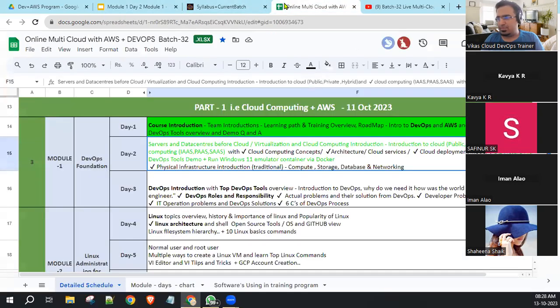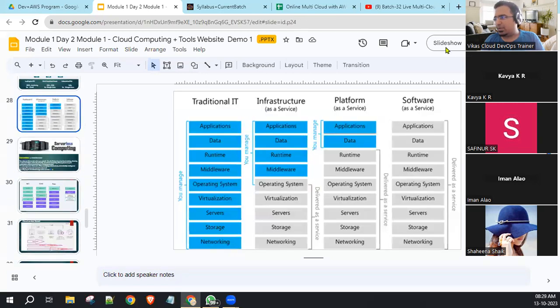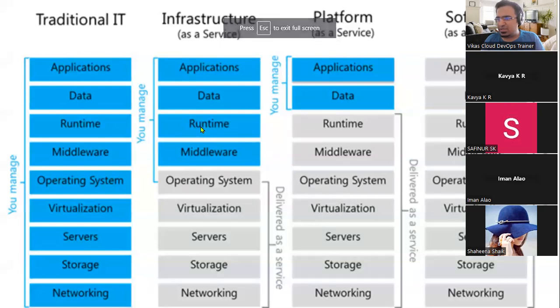Can you explain what is runtime? Okay. From the keyword itself, you will be able to understand that runtime means the dependency needed to run an application. Let's take an example. To run a web server, what will be our runtime? Nginx, Apache.